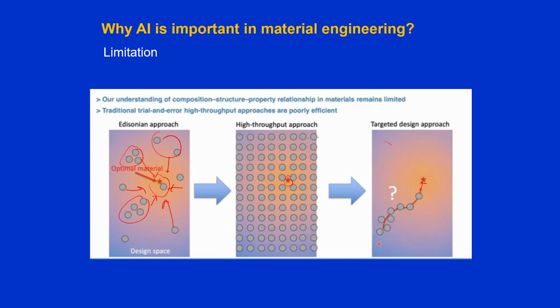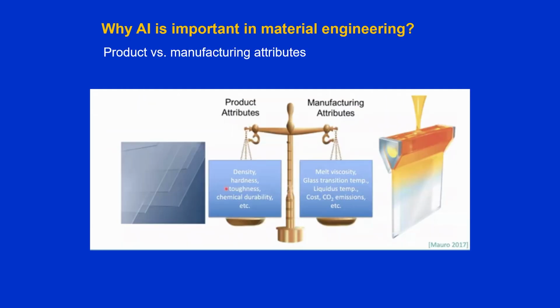So, instead of traveling from here, traveling from there, traveling from here, I simply travel from the starting point in a targeted manner, so that I can reach the solution. That is what machine learning and deep learning can provide you. Then you have a problem of product versus manufacturing attributes, right. Product attributes will be high density, hardness, toughness, chemical durability, and manufacturing attributes are viscosity, glass transition temperature for glasses, liquidus